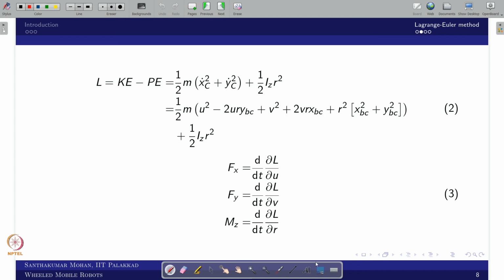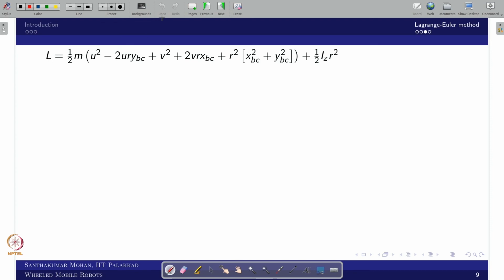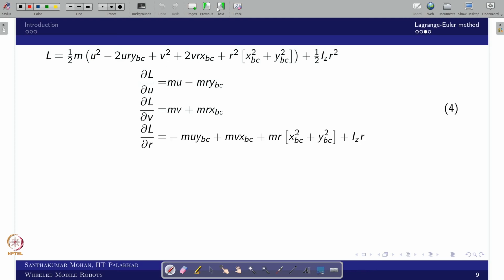Already you know what L is, you take the partial derivative with respect to u. That is what we are trying to do in the next coming slides. So you can see this is what is happening. You take dou L by dou u, so this term will be there, this term is there. The remaining terms are 0, right? Similarly you take dou L by dou v, you can see these two terms do not have any v term, only these two are there. Then you take dou L by dou r, you can see r is here, here and here, and here also, right? So now you got dou L by dou u, dou L by dou v, dou L by dou r.